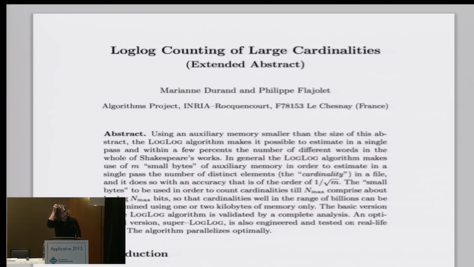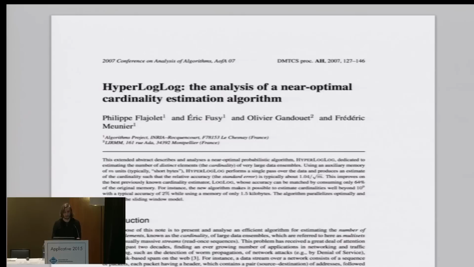And this is where the LogLog paper comes in. This is the first paper to describe how to use what we just talked about to come up with a relatively accurate estimation of the overall cardinality of a multiset. And this is the paper that introduced the version that's more commonly known now, which is HyperLogLog. I'm actually going to describe the LogLog algorithm instead of the HyperLogLog version. However, they're very, very similar. The primary difference is really that the HyperLogLog version swaps out the arithmetic mean with a harmonic mean, and it improves the accuracy of a few edge cases and so on.